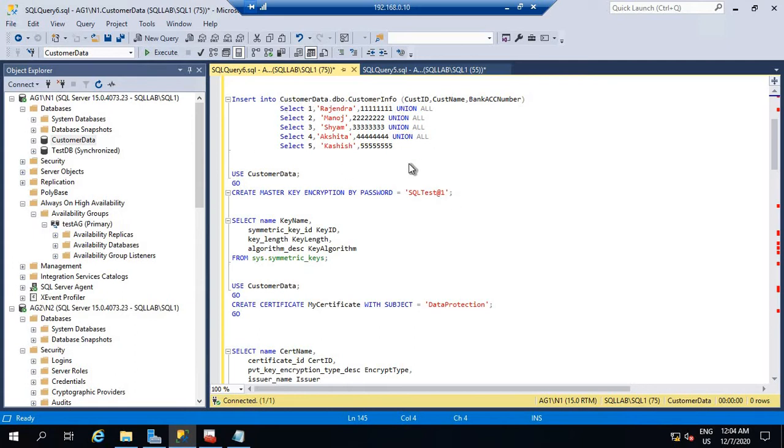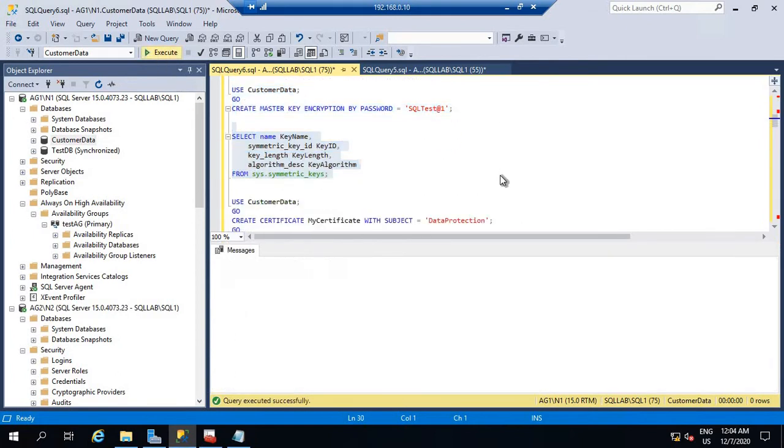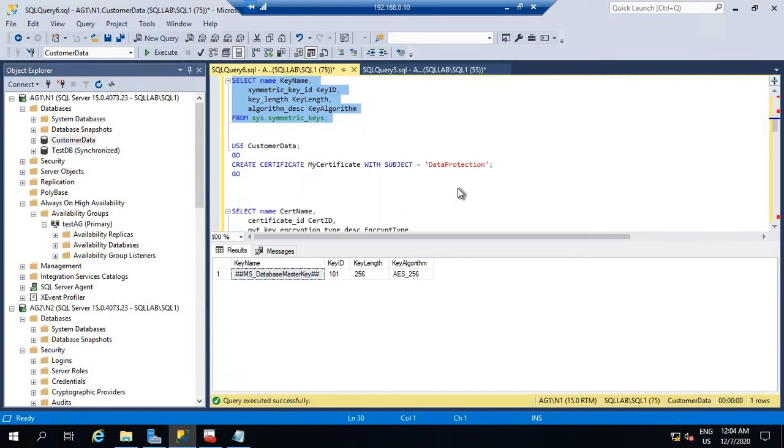I already created a master key on the master database, but now I am creating the key in the custom database. I created the key. You can check out that this is the master key. Now certificate, use a different certificate. You can see my cert db, use this, and subject it,